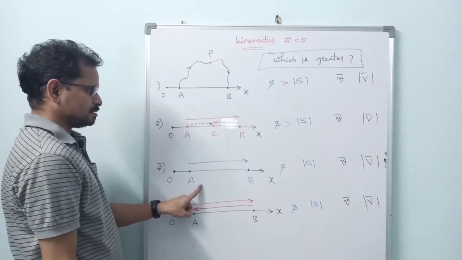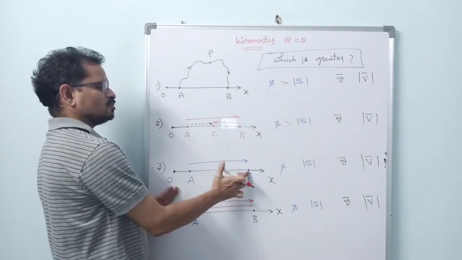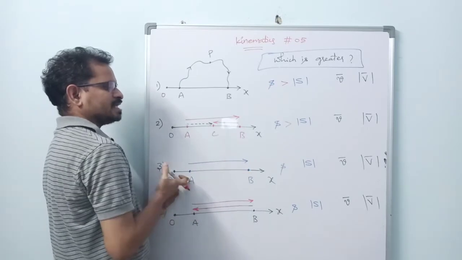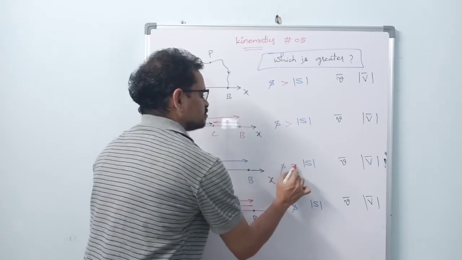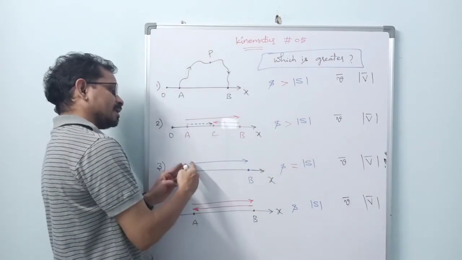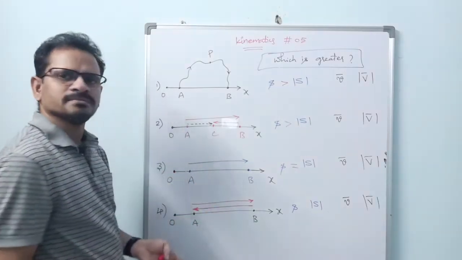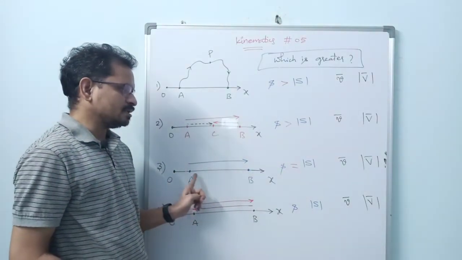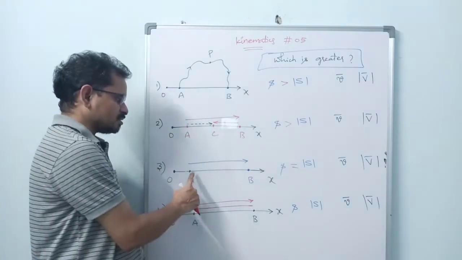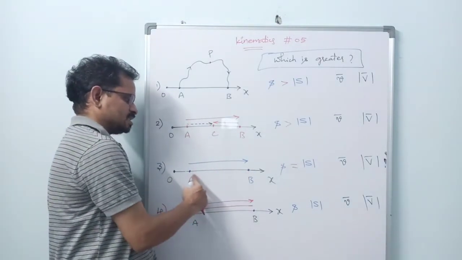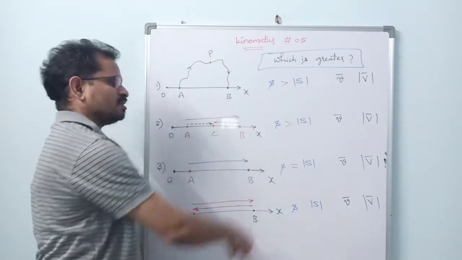In this case, see here, the body starts its journey from A, moves, reaches B in a straight line. It is not turning back also. In this case, distance and displacement, both of them are equal, because the length of this line itself is the distance, and the length of the same straight line is the displacement. Here the length of the actual path and the displacement line, both of them are the same. What is the length of the actual path? A to B, this line. What is the displacement? It is also the straight line joining A and B, no? So both of them are the same in magnitude.